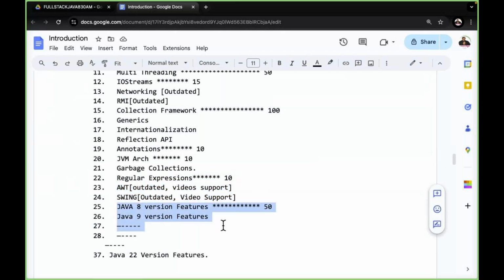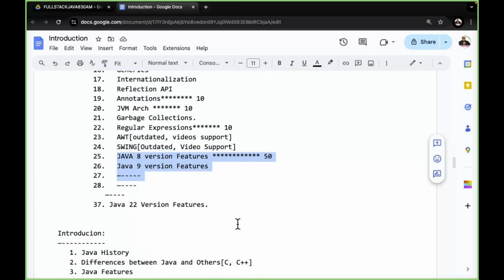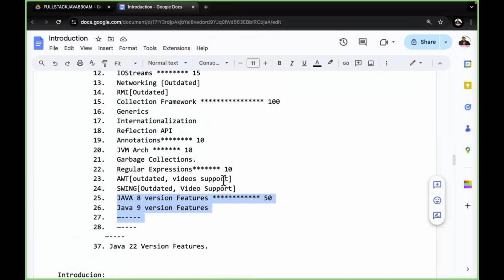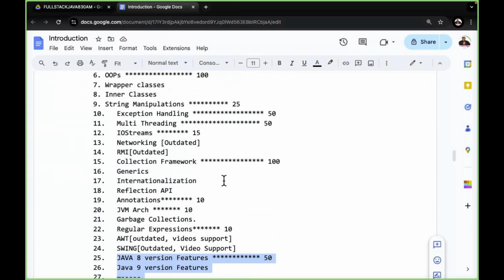We are going to understand the features from Java 8 up to Java 22, up to the latest version of Java. See, this is what I am telling you now. Now observe carefully. After this,